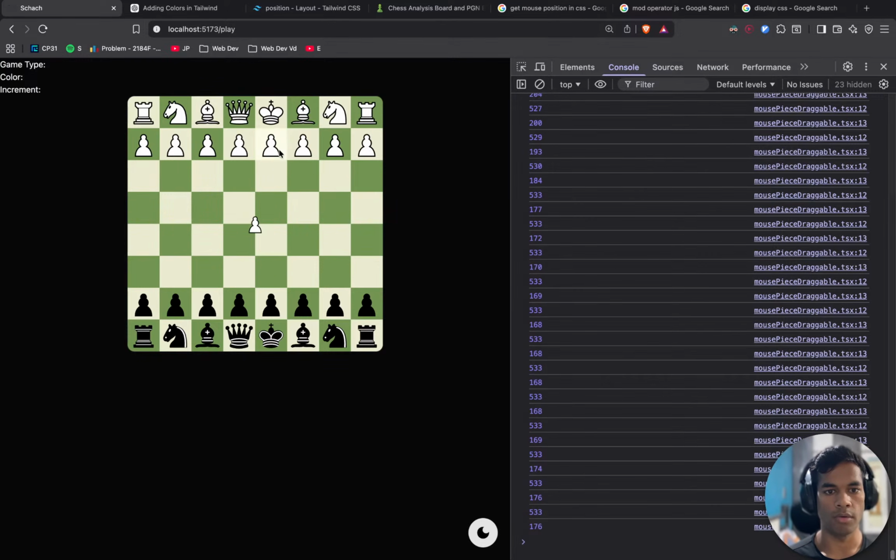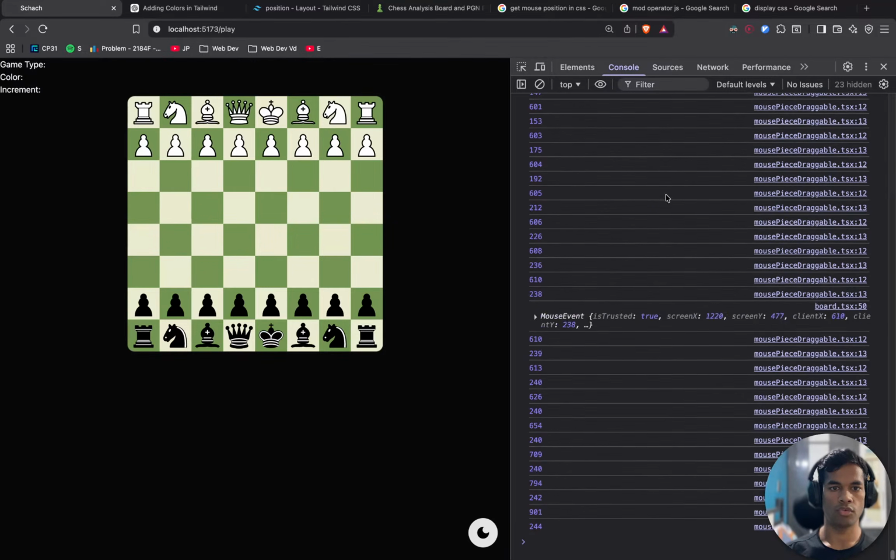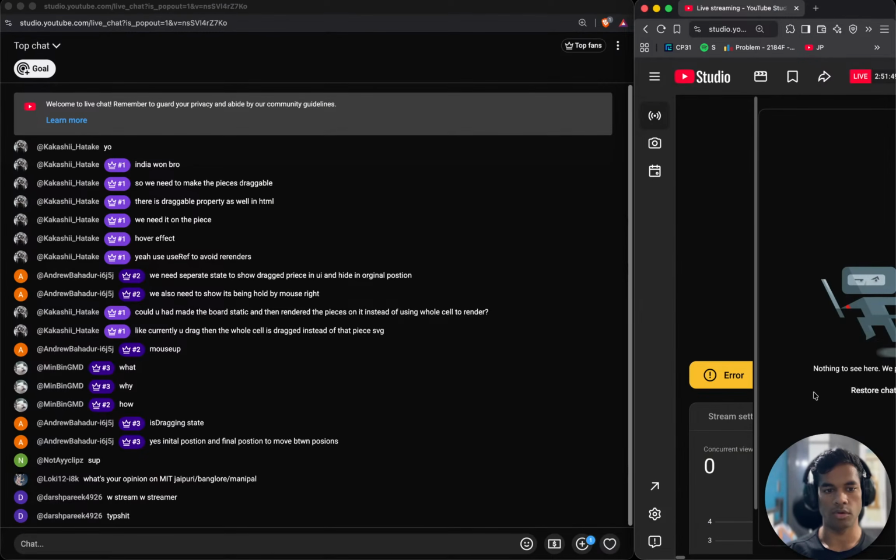Mouse event. Okay, we still see this thing in the center of the board somehow. It should move with the mouse. It is not moving with the mouse.